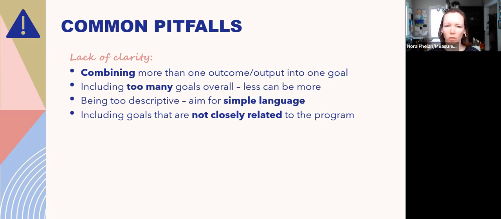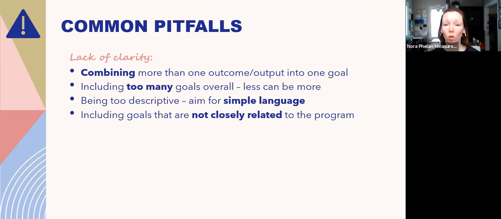For example, if you said students in an after-school program will improve their math and ELA. But then what happens if half of the students improve in only math and half improve in only ELA? Technically, nobody met the goal, but that's not really what happened. There was still progress. So I would always recommend separating those so that you can clearly represent what's happened.